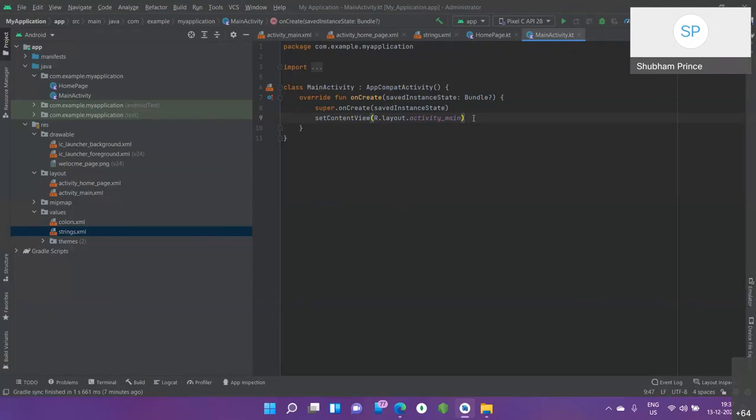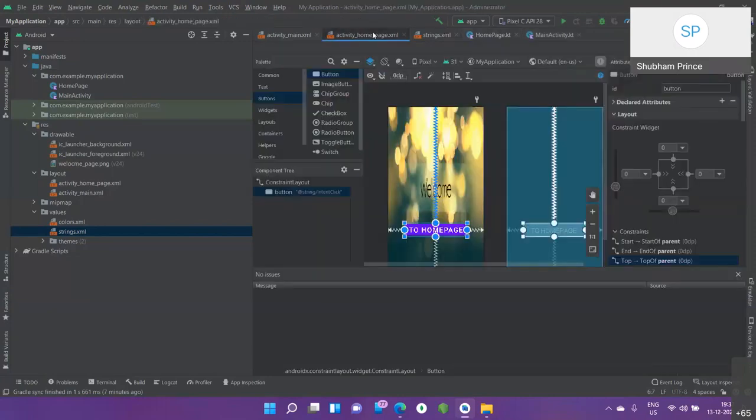So before setting up the intent, we have to add a property, and that property is set on click listener. See, this button which we have made here. This button. We have to add what? On click listener.